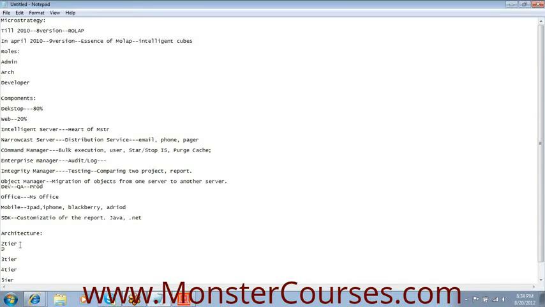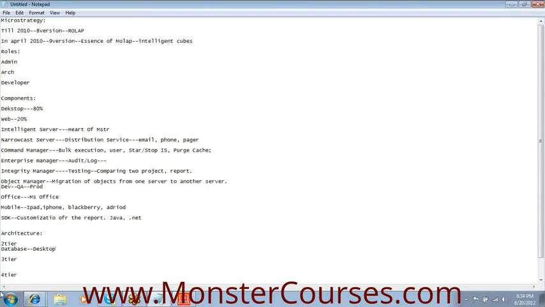So you have a database and you have a desktop. What does it mean? Let's say you have created some reports here. When you run this report, it goes to the database, fetches the data, and shows it in your report. This is a 2-tier environment. But the limitation here is that whatever reports and objects you have created, only you can see them. Apart from you, no one else can see them. Okay.